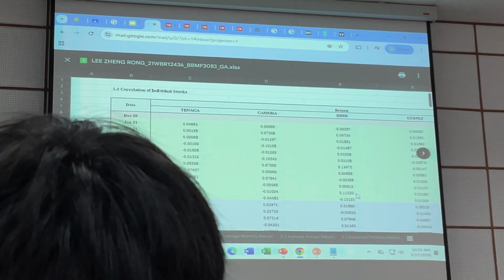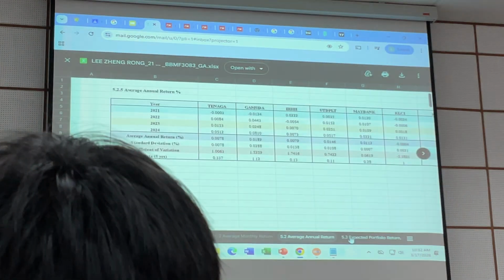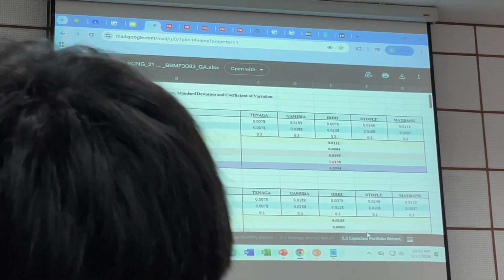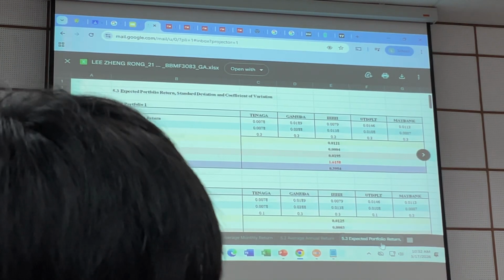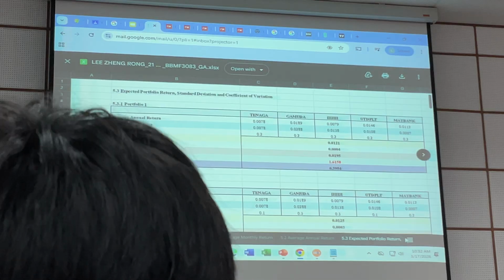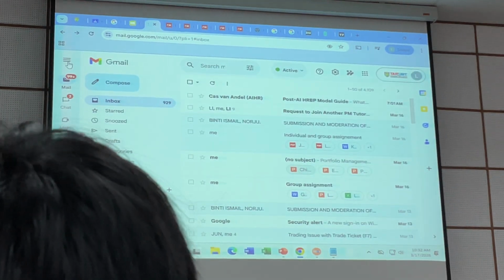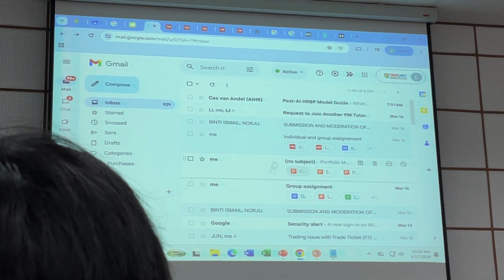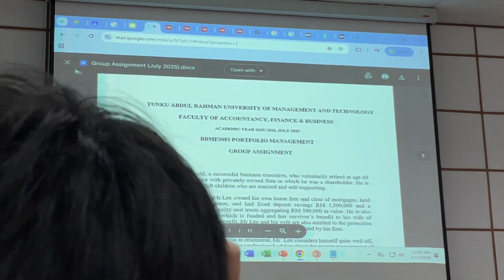This is Excel. You have to submit this Excel to me. Okay? And this one is all the figures. You must show based on the numbers here. This is a challenging one. The most challenging one. Okay? And I think in this course students score 80 over. If you want to score 80 over, I expect you to give quality work. Quality, not simply done.